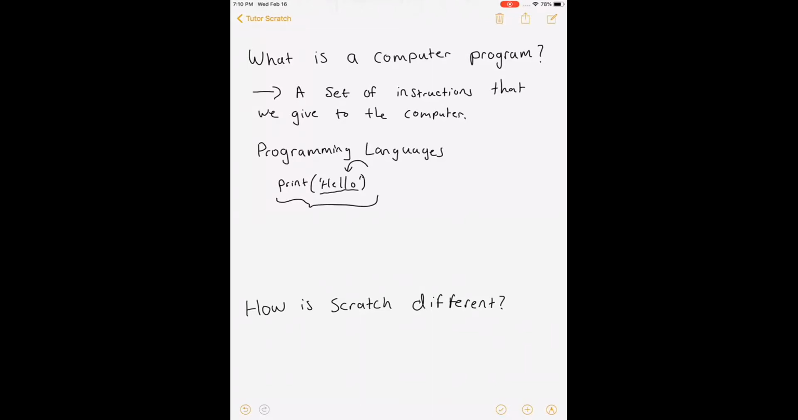Now, the complicated thing about text-based programming languages is we have to memorize a lot of different functions and a lot of different phrases, okay? So like I said, computers, they don't understand unless we pass it to them exactly as the programming language states. If I, instead of writing print like this, maybe I make a mistake and I forget the I,